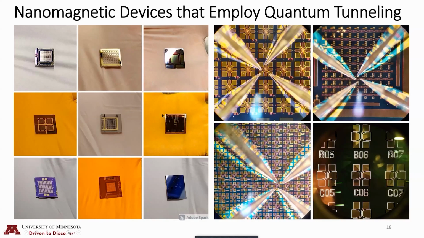So here are some examples of chips that I've made. You can see them here. These are, again, used for quantum tunneling. It could be at room temperature or at cryogenic temperatures, regardless. So this has the spin orbit torque components. Some of these are used primarily for creating a